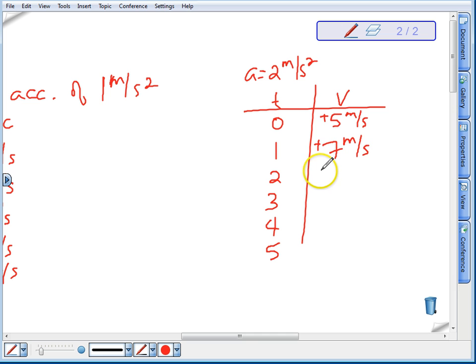And at time 2 seconds, we're going to go 9 meters per second. And then 11 meters per second. And then 13 meters per second. And then 15 meters per second. Each second, we're increasing our speed by 2 meters per second. That's what a constant acceleration means. It means that every second you're increasing your speed by the same